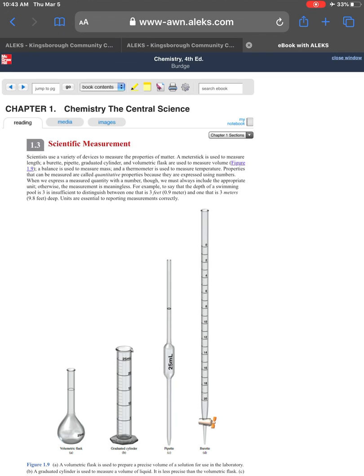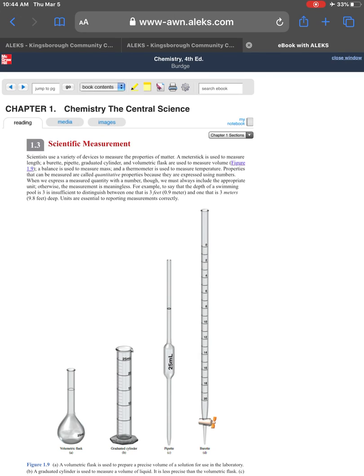Now, one of the problems that you will find as you go through chemistry is that we have two different systems of units that we use. One is called the international system. The other one is called the imperial system or English system. And so, unfortunately, we use both of them. You'll find that we use more of the SI, the international system, than we do the imperial units, but they both do exist. So examples of the English system, the imperial system, are inches, feet, yards, miles,